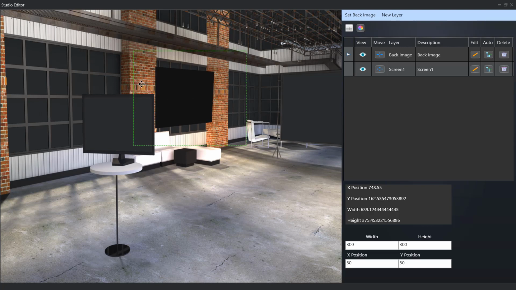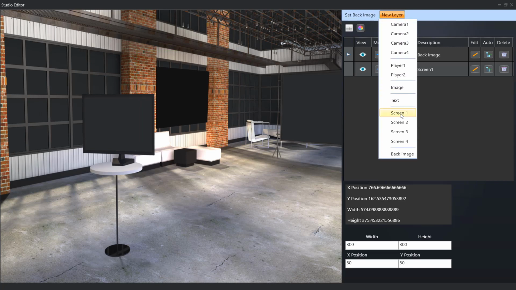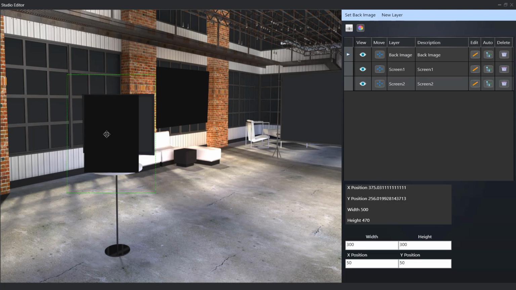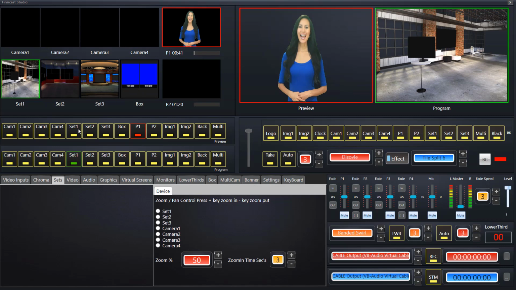Well, maybe not for now, because I'll bring in a second virtual screen. Sorry, these are virtual screens. I'm using the word monitor incorrectly there. I'll bring in virtual screen 2, and again I'll put this where I was going to. There's a reason for this, because I just want to actually show you something on this regarding this particular virtual set that does have transparency on it. Okay, that's roughly there without spending time on it, and I'm just going to bring it up here,